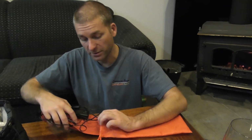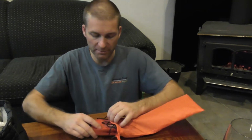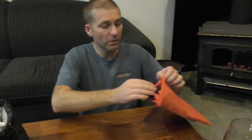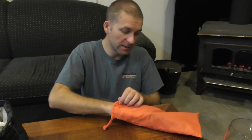So, like I said, these got bad reviews online, so I don't want to tell you these are the end-all be-all. I only bought these because my boots, which were extremely expensive, I can't find liners for them right now. I'm trying to find the original factory liners that go in my boots, and I can't. I may end up having to buy a different liner, maybe a Baffin liner or something, for my Saskatchewan pack boots for hunting. But these have worked really well